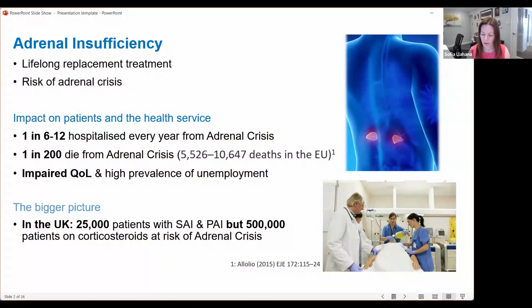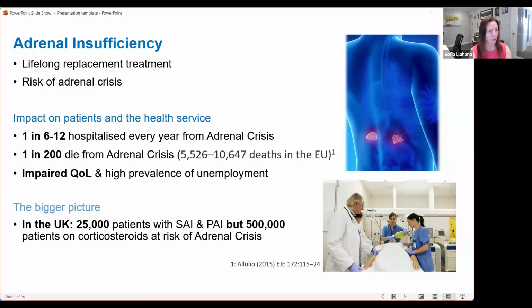So there is a high risk of adrenal crisis associated with adrenal insufficiency. The impact on patients, but also the health service, is quite severe. We know from previous research that 1 in 6 to 12 patients have a hospital admission every year from adrenal crisis, most of them potentially preventable, and significantly, 1 in 200 people die from an adrenal crisis, also potentially preventable. But one thing that we tend to forget is that these people have,